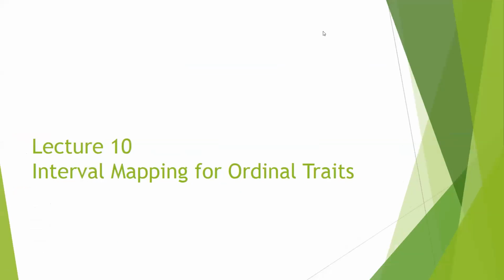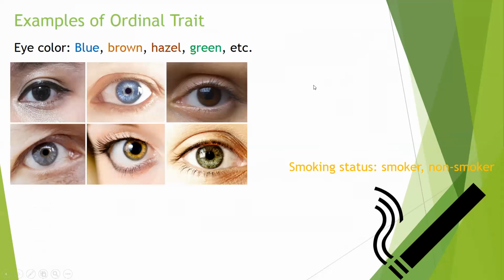All right, we're going to continue talking about the interval mapping, the QTL mapping, interval mapping for the ordinal traits or categorical traits. All right, so last time we very briefly mentioned the difference between the continuous traits and the categorical traits, right? For example, the eye color,